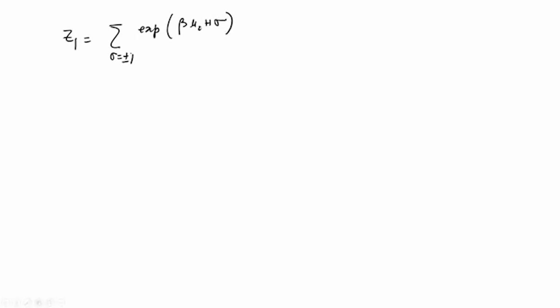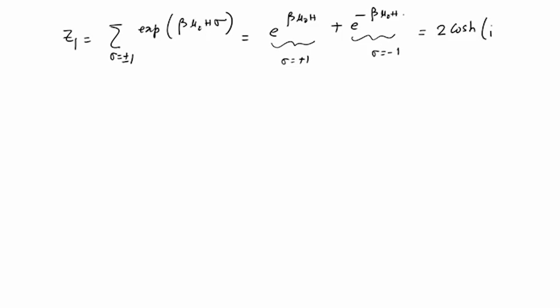Okay. So, each one of the terms looks like this: exponential beta mu 0 h plus exponential minus beta mu 0 h. You see, sigma equal to plus 1 gives you this term, and sigma equal to minus 1 gives you this term, and this is nothing but 2 cosine hyperbolic beta mu 0 h. Okay. And this cosine hyperbolic is a function that you may not have come across so frequently,